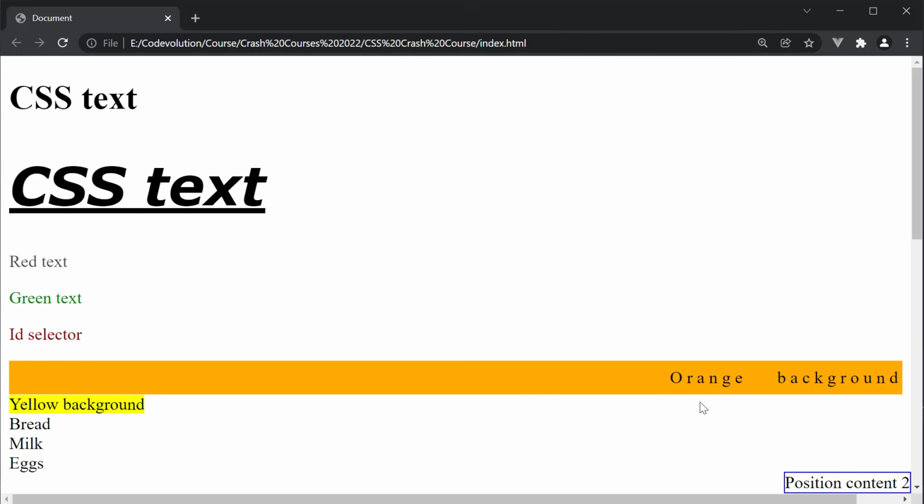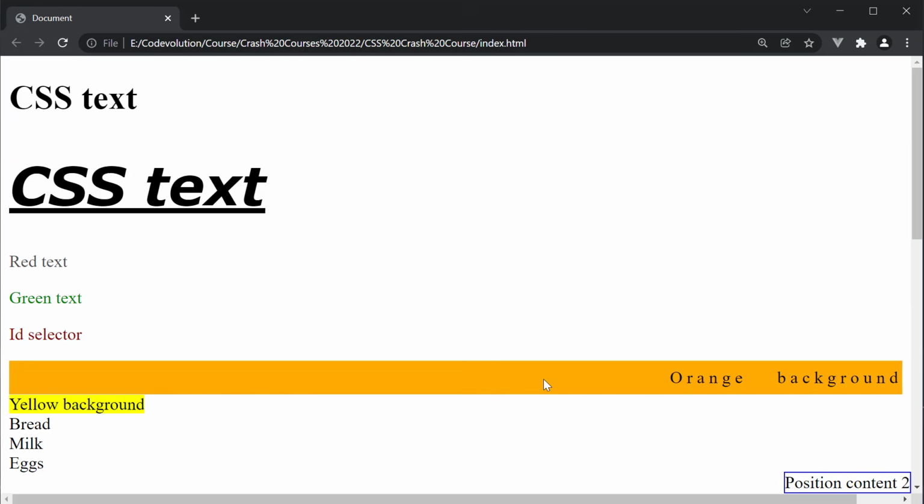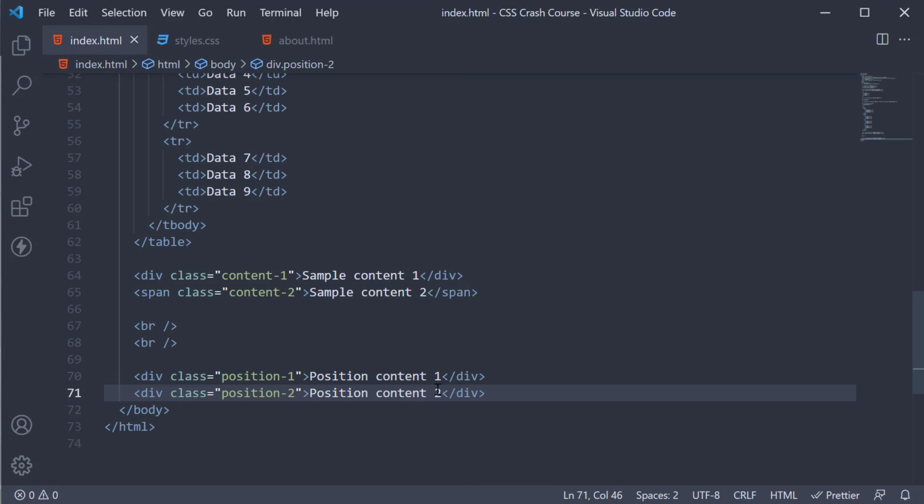However, when I scroll, it behaves differently to that of position fixed. However, if the element has a different parent element with a relative position, the position will then be relative to that parent element. That is slightly confusing, so let me show you the difference in the browser. In the HTML, I'm going to wrap the second element with a div tag